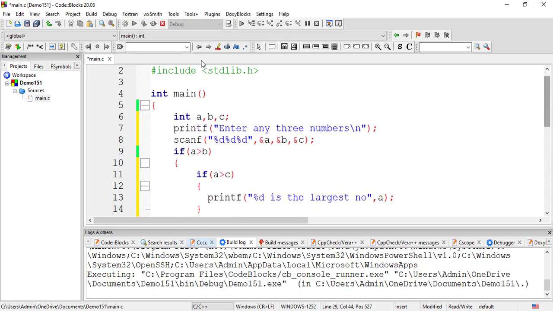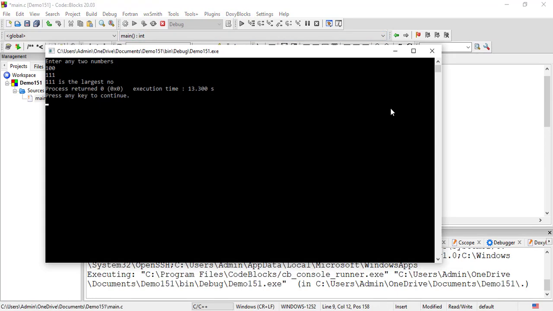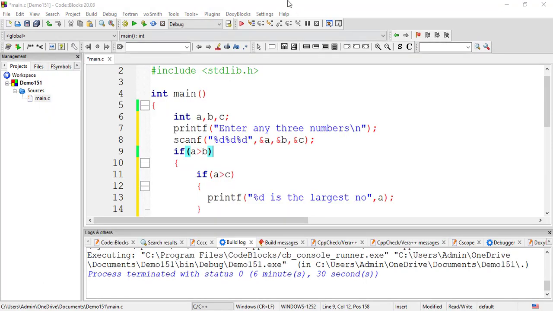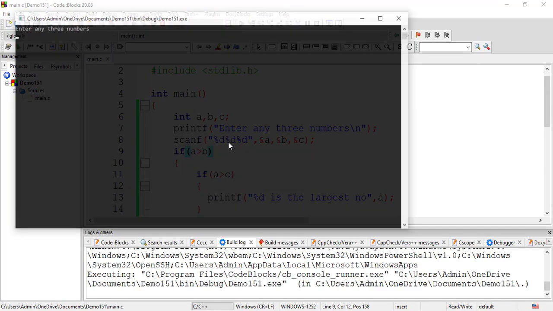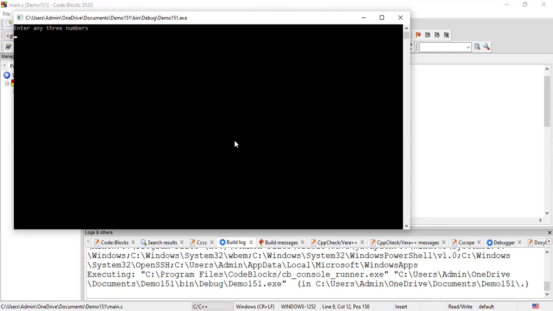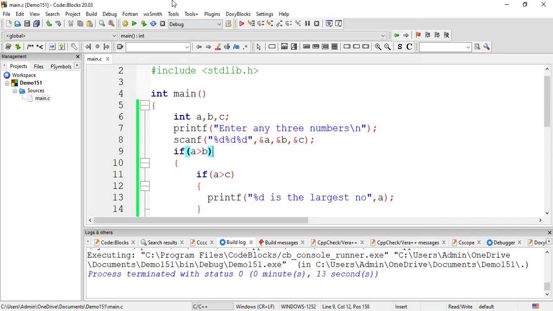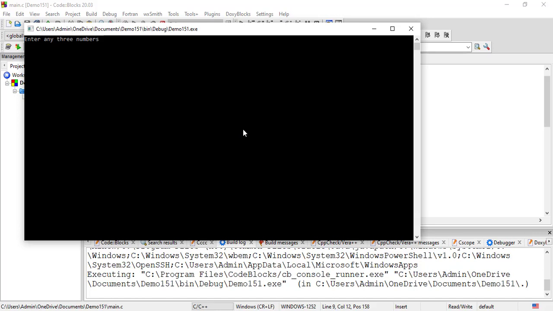So if I run this program, friends, for all of you, and obviously it will ask me to enter 3 numbers. So let's say I'm entering 10, 20 and 30, right? Obviously my answer has to be 30 is the largest number, you can see, right? Now it's not necessary that you enter in that order only, you can enter any order. Let's say I'm writing 100, I'm writing 5, and then I'm writing 900, like this also. You can see 900 is the largest number.